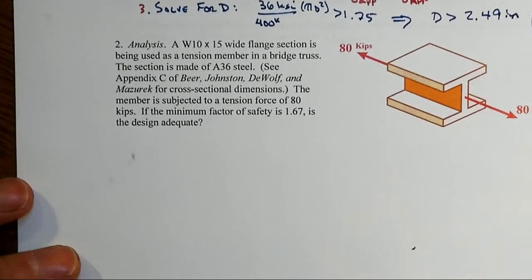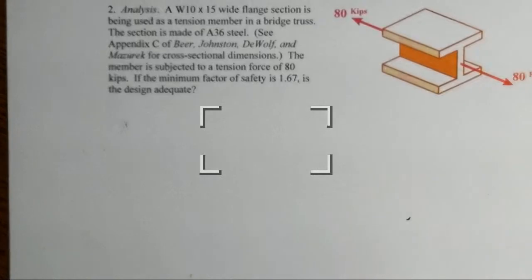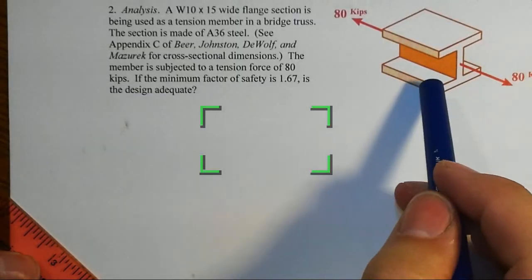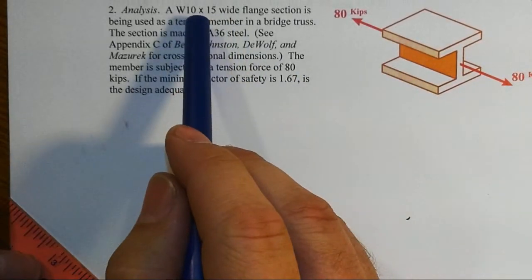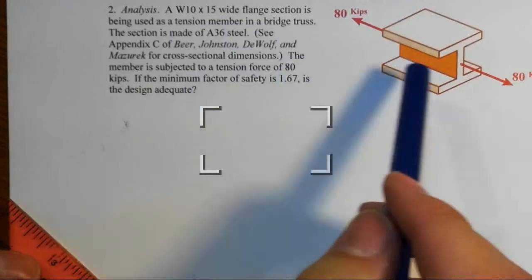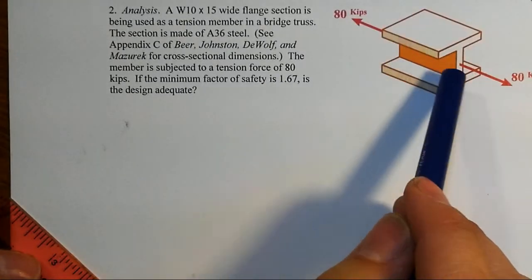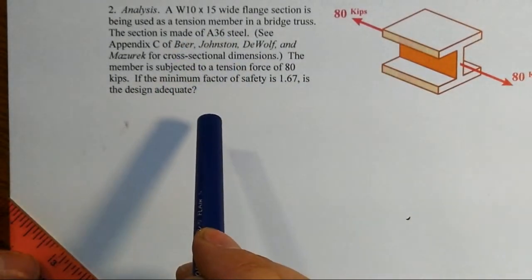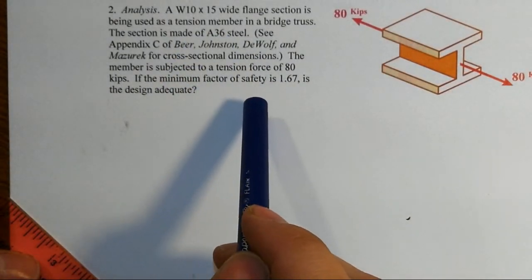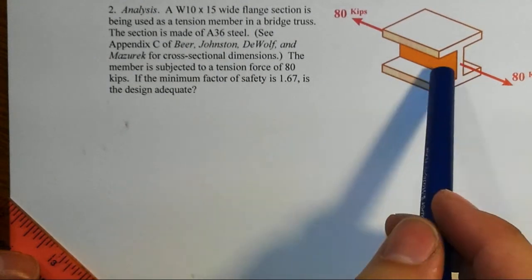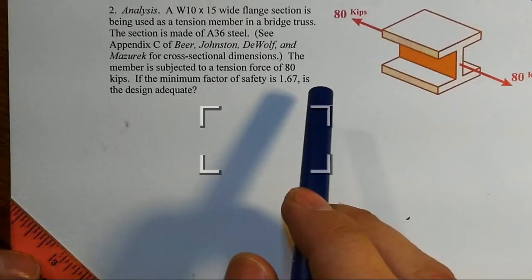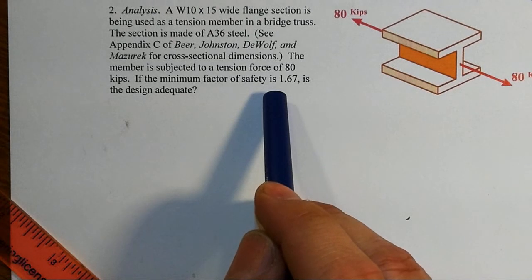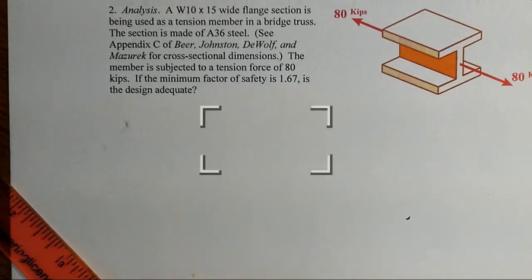Okay, in this second design-related example, we've got a wide-flange steel shape, a W10 by 15, that's subjected to 80,000 pounds in the design scenario, and that material is made of steel. We're asked to find out if this design is adequate in this particular loading case. We have a minimum factor of safety of 1.67. Right? So we're given